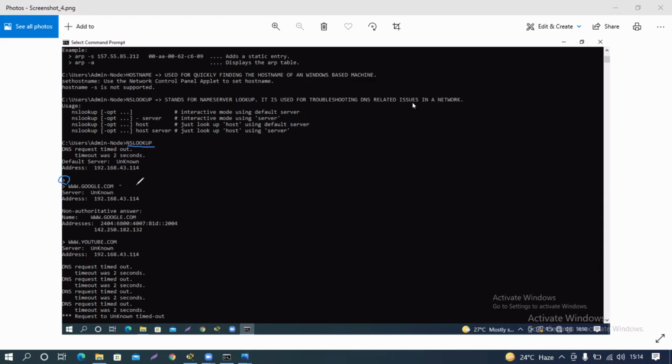Now what you need to do is give the address of whichever website you are trying to access and want to know the DNS server of. You can see that I've given this website address here, and it has given me this particular IP address. This is the DNS server of Google. For example, I have given youtube.com here, and in the next screenshot you will see